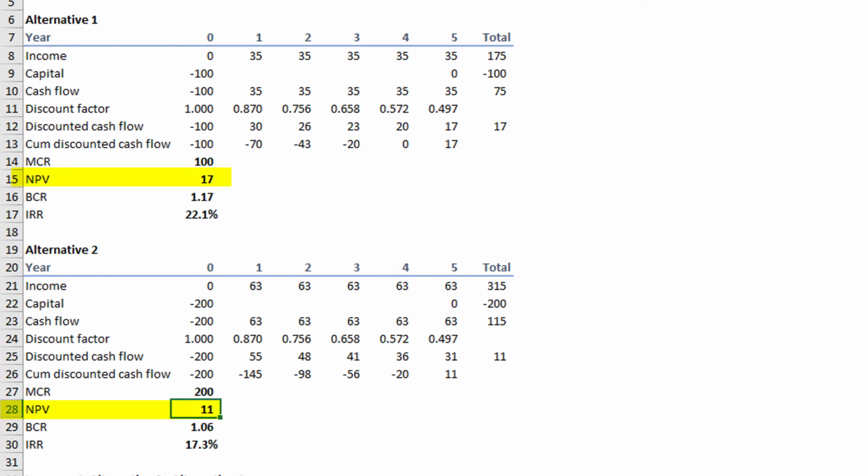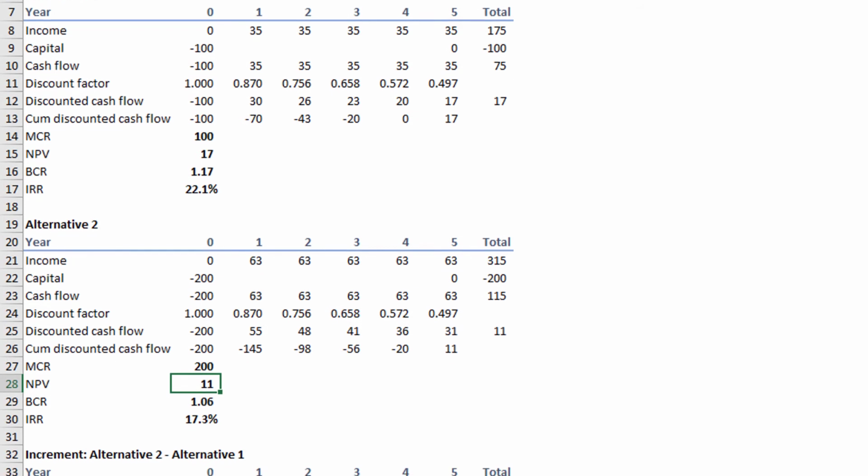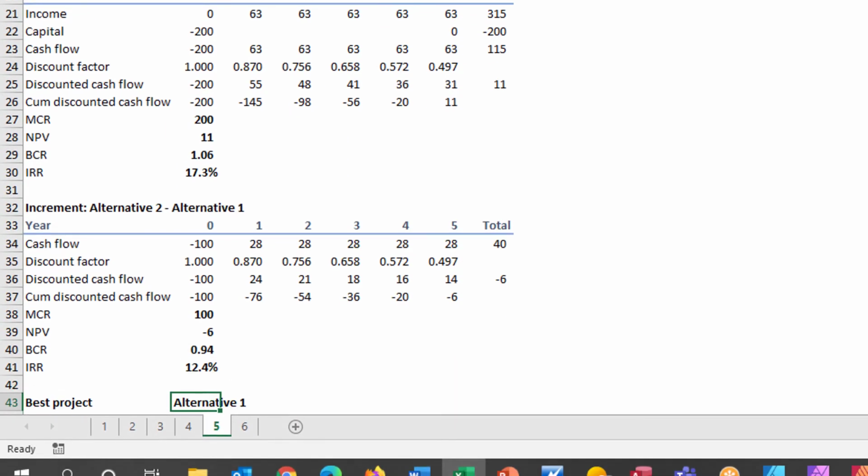Alternative 1 is now better at the specified discount rate of 15%. If you were to do Alternative 2, you would still achieve an overall internal rate of return of 17.3%. But the incremental IRR on the last $100,000 spent falls to 12.4% as shown in cell C41. This, of course, is less than the hurdle rate of 15%.